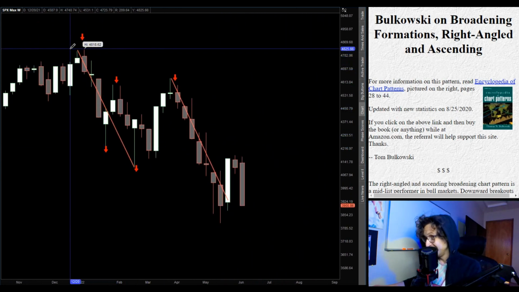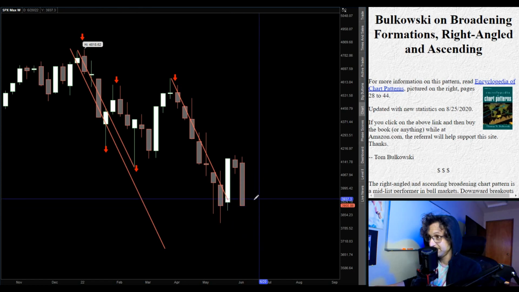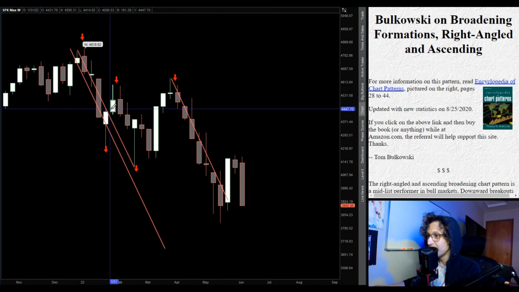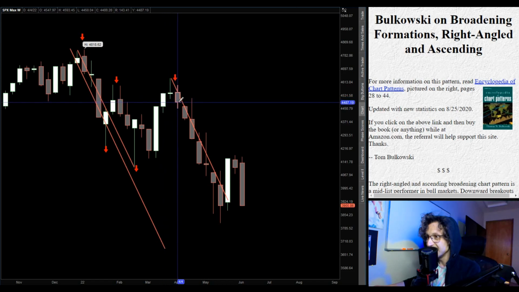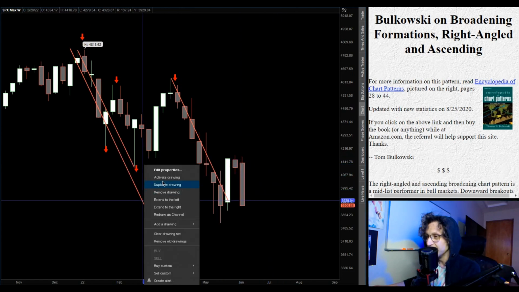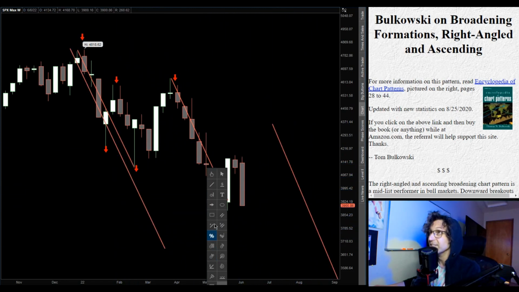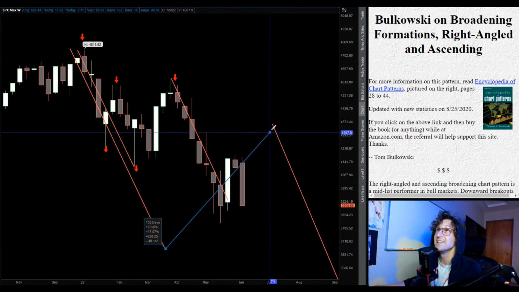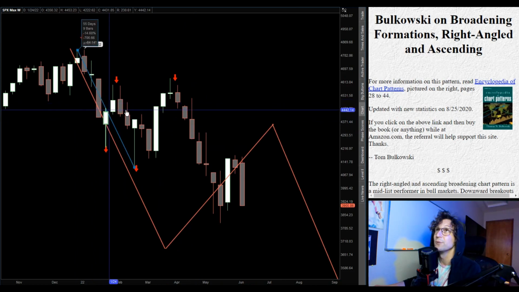So I think that it's possible that, and this is going to sound nuts, all of this motion here is actually all 1. And we're now finding ourselves in a 2, okay? So let's have a look at these. This was a 2-week topping pattern. And this was a 3-week topping pattern. Let's get a 4-week topping pattern going. And then let's just duplicate this drawing right here, and say we could have an even bigger ABC correction than we might even have bargained for.